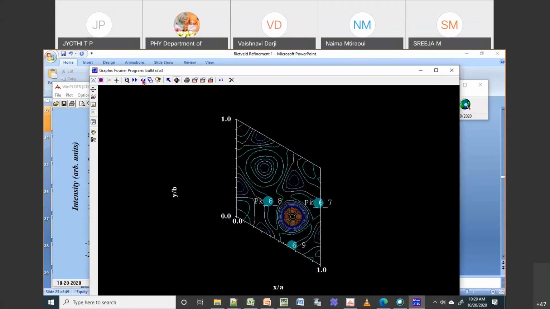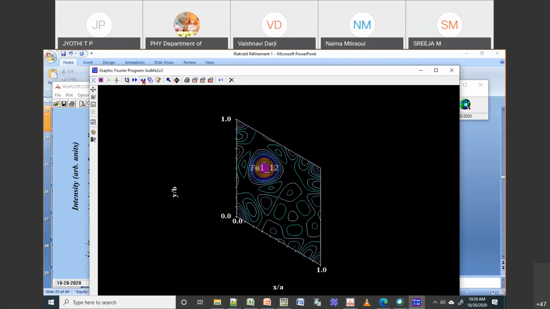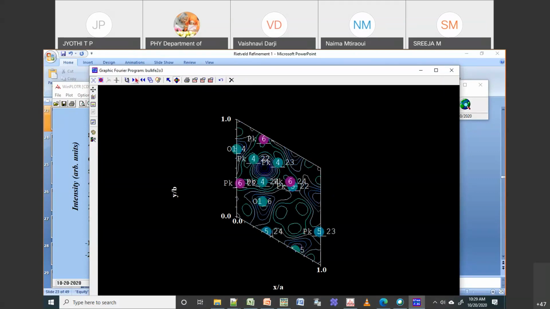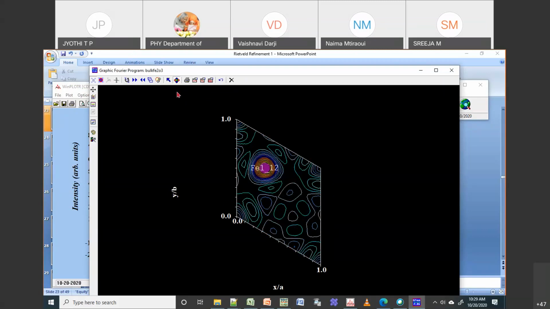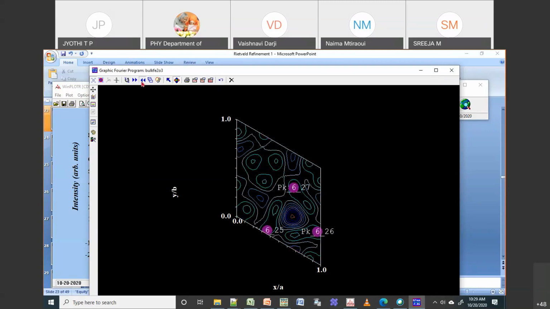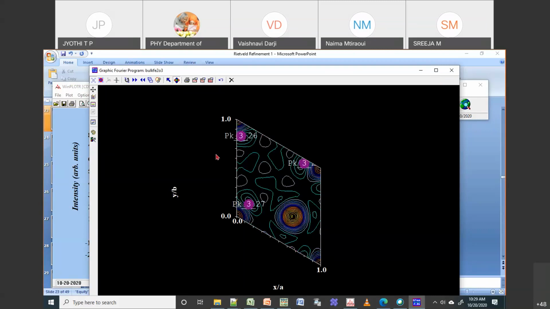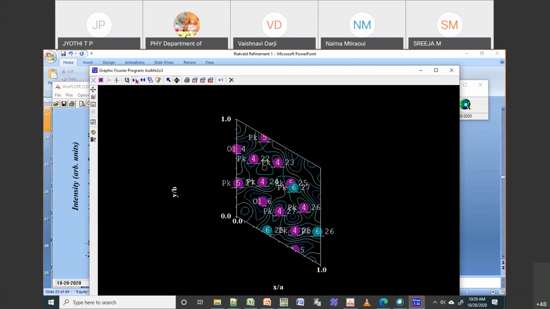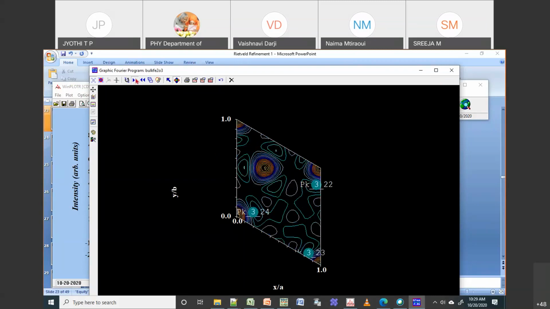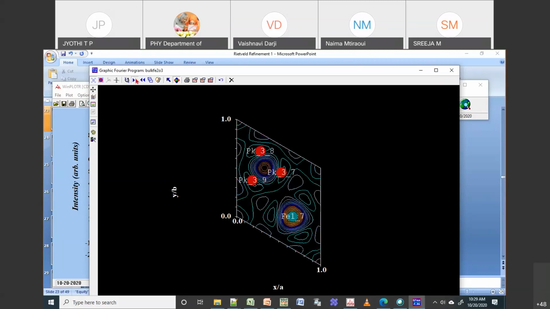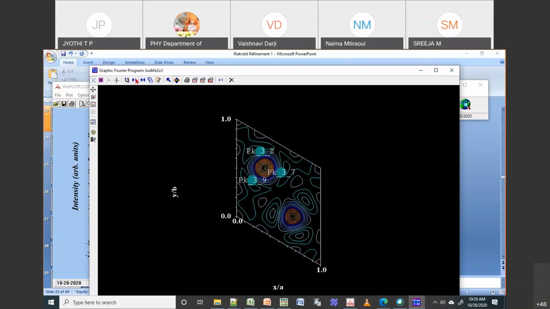Then if I go back with this, you can see somewhere here you have your iron. Okay, and then these things would be some oxygen. Okay, so if you go from one layer to other layer, so this is your oxygen layer, and somewhere in the middle is your iron. Okay, so this is how you can do the Fourier mapping. Okay, so you can also show this Fourier mapping using your GFourier.